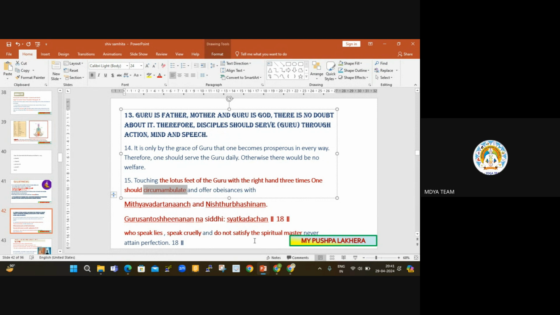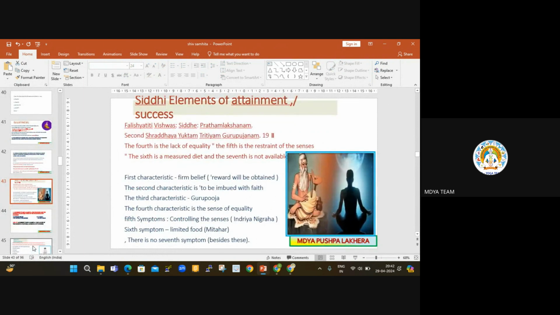Yes, here it is important in which way one needs to do the salutation to the Guru, and what the impact is if one does not follow the guru's advice. Those two things are important. Then after that, it is discussed about the adhikari.